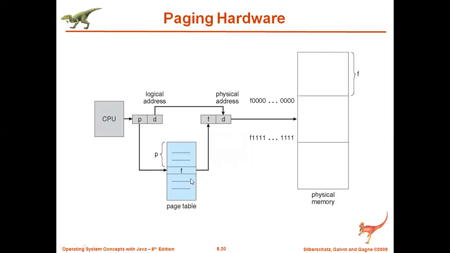Then it will come to the page table. In the page table, we'll get the frame number in which that particular page is stored. Once you get the frame number, add that frame number with the offset value, that is D, that is nothing but the line number in that particular page. Then directly we'll go to that frame and we'll access that. So this is what we have discussed.